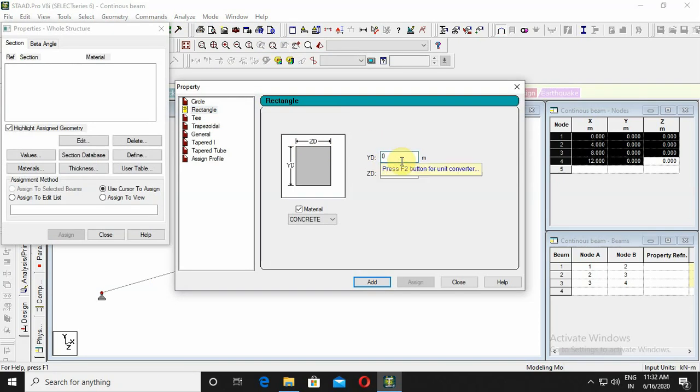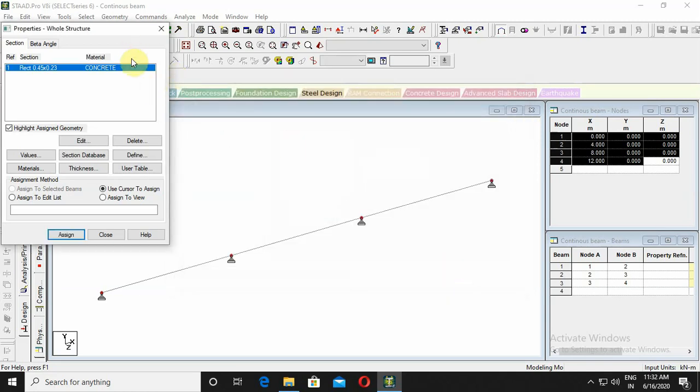Let us take for example the beam depth as 0.45 meter or 450 mm. Everything should be entered in meters. For the width of 230 mm, 0.23 meter is the width of the beam. Select the material as concrete, click on add beam and close this. Click on this one.